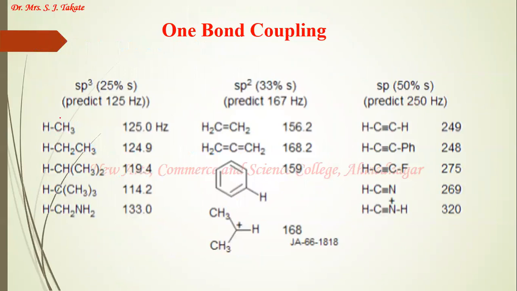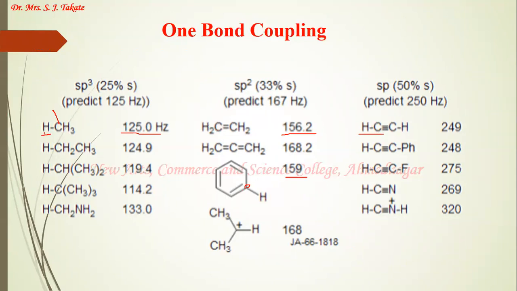Some examples are here. Here the carbon-13 couples with this hydrogen in the case of the methane molecule, whose coupling constant value is 125 Hertz. Then in this example, this aromatic ring carbon atom couples with this hydrogen with a coupling constant of 159 Hertz. The ethylene molecule is there. The sp2 hybrid carbon atom couples with the proton attached to itself with a large coupling constant value of 156 Hertz. This is an alkyne here. The alkyne carbon atom couples with the hydrogen here.